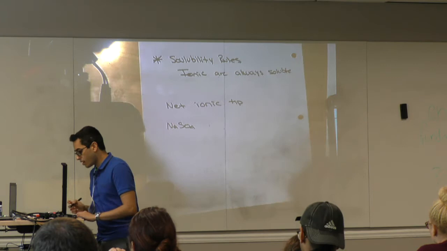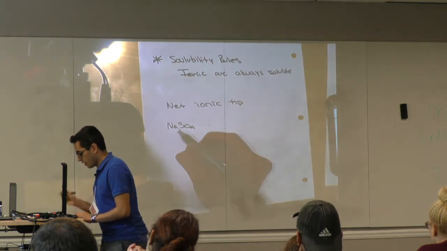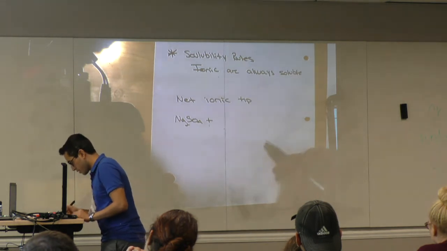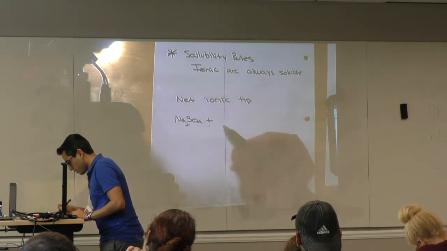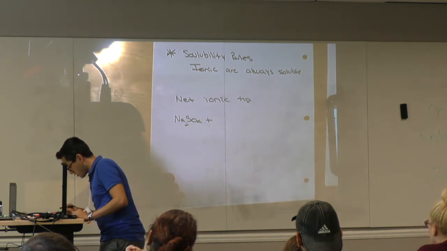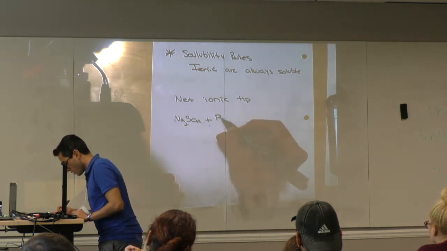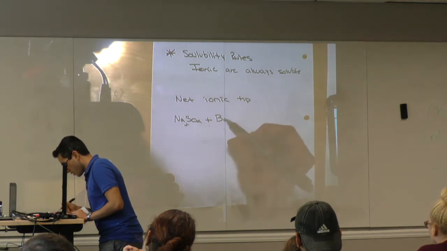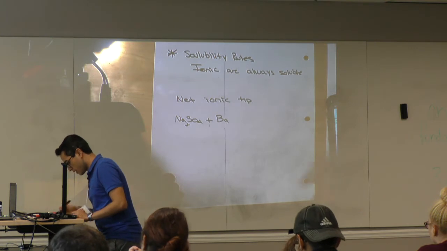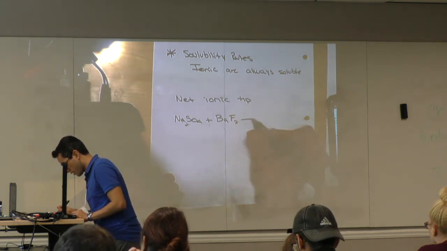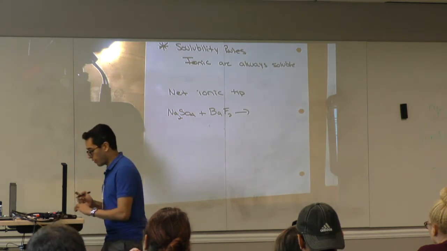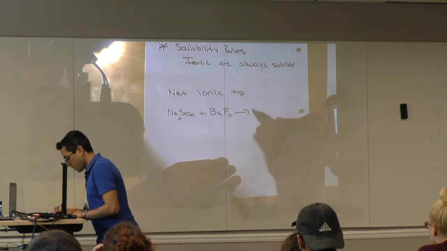So we know that that would be that plus BaF2, right? So because of double substitution, you just switch the front forward, and you're going to be left with NaF